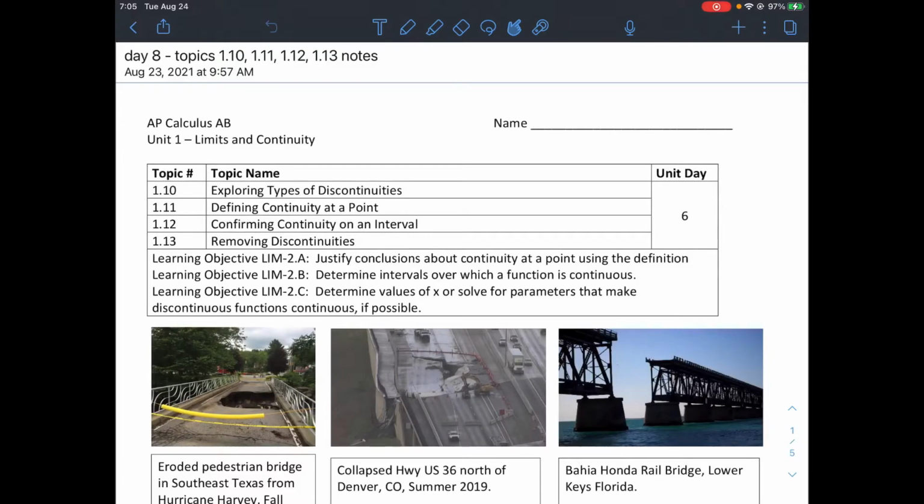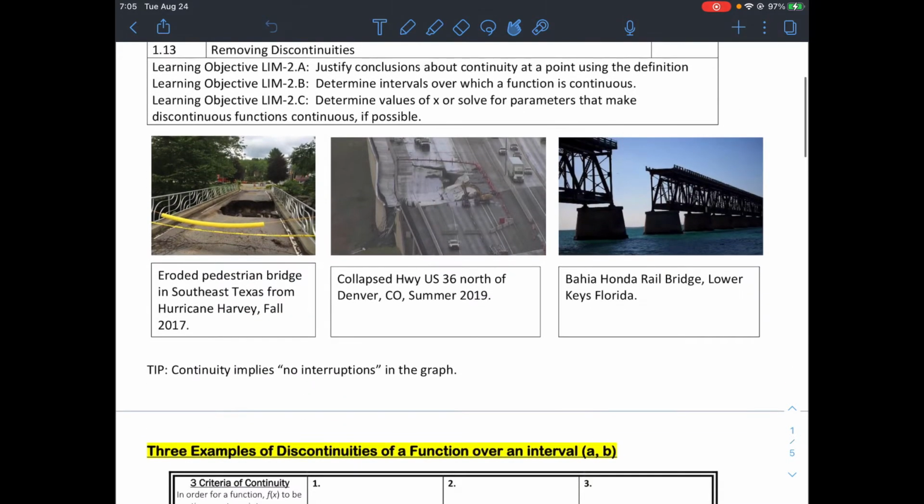Hey everybody, welcome back. Today we're going to take a look at a couple different things. We're going to explore types of continuities, define continuity at a point, confirm continuity at an interval, and remove some discontinuities as well. So to start, here's a couple pictures of what, in real world, it would mean to